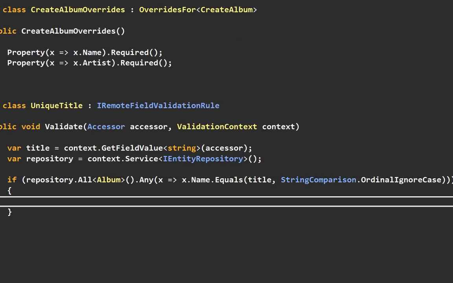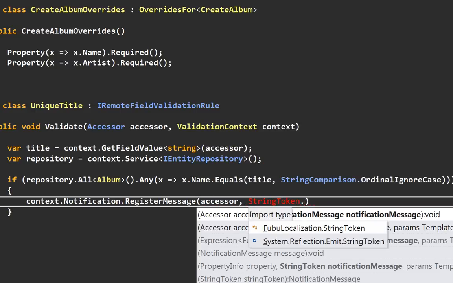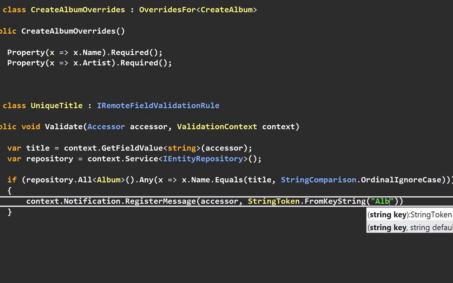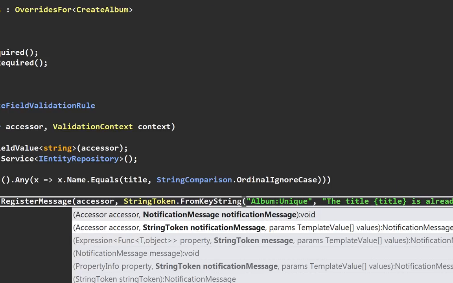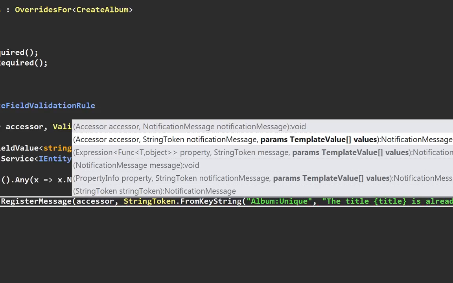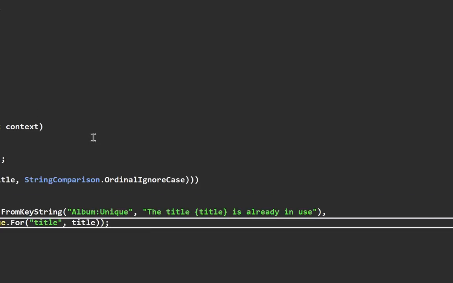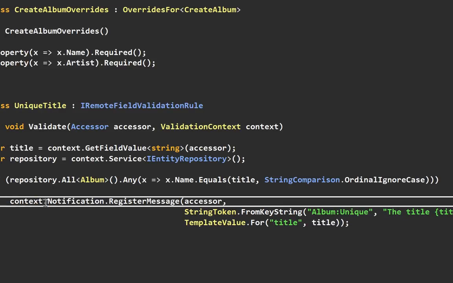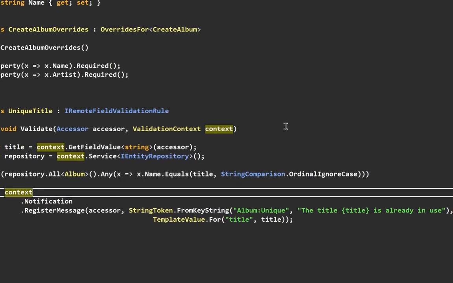And we're going to ignore case. Just so everyone can read this. Now what we're going to do